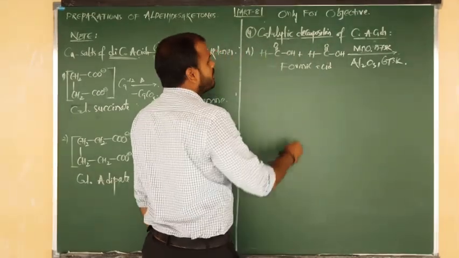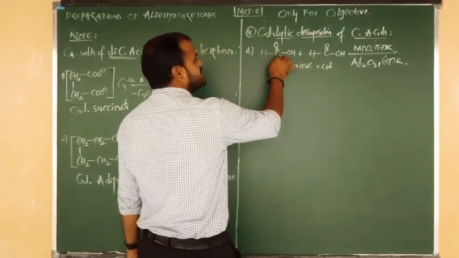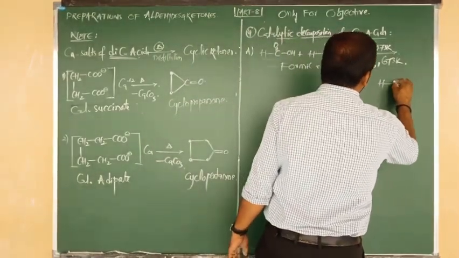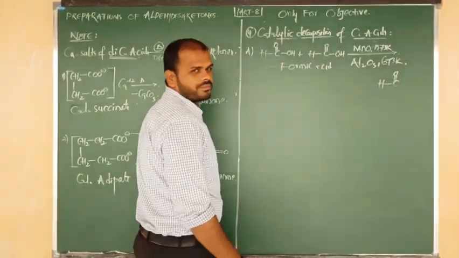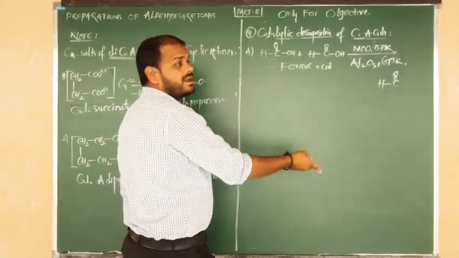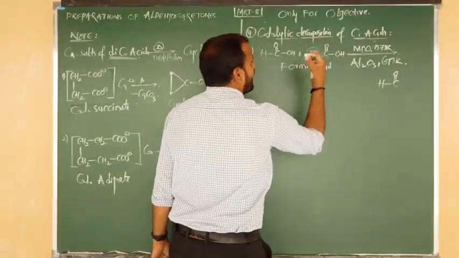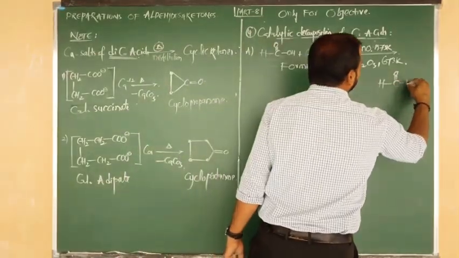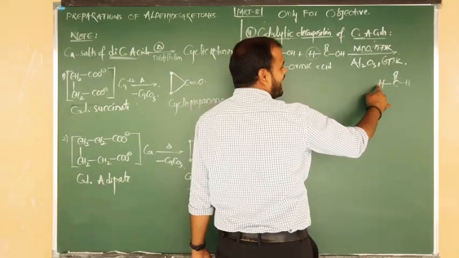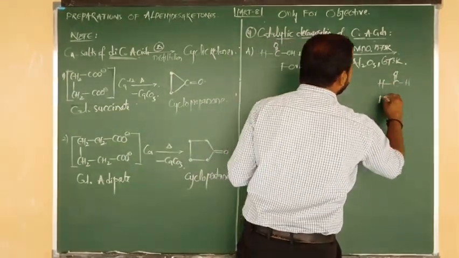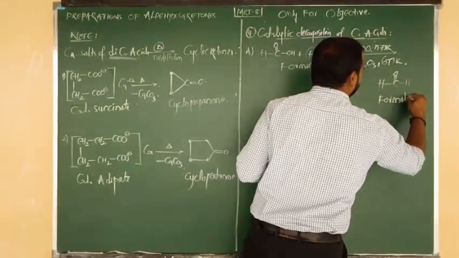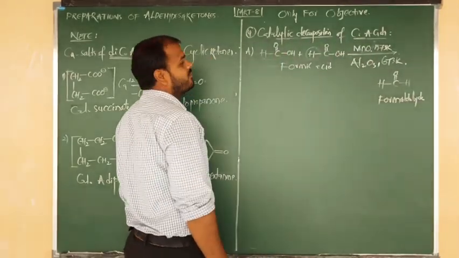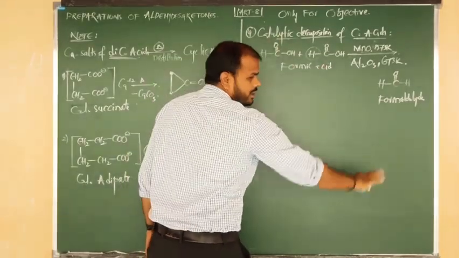Listen carefully. What is the group here? HC double bond O. I am going to write it here as it is. From the second molecule, I am going to take hydrogen. So H attacks the HC double bond O group, looking like HCHO. What is the name of this compound? Formaldehyde. Good. Now listen carefully.